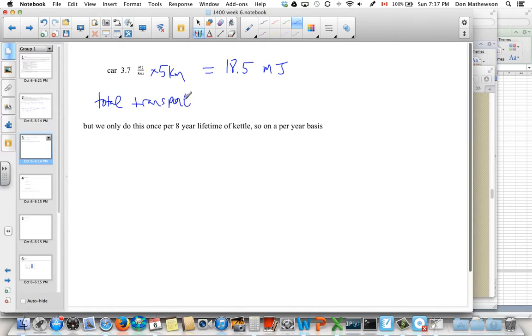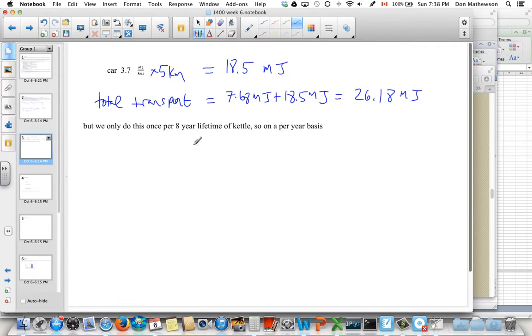So now our total transport, we've got to add the truck transportation energy to this car energy. And so that was the 7.68 megajoules plus the 18.5 megajoules. That gives us a total transportation energy of 26.18 megajoules. So that's to bring all the raw materials to the respective factories, assemble steel, the plastic, etc., send that to the assembly plant, put that together, and then ship the kettle to the store. Now, of course, that is the total transportation energy for a kettle, but in terms of per year,